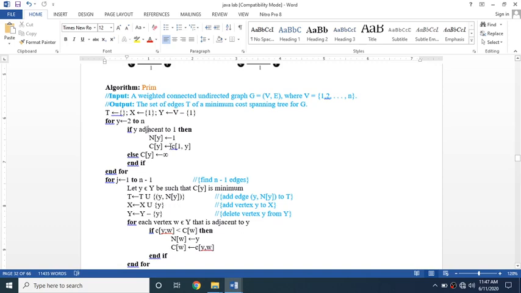Which is the explored node now? It is 1. Which nodes are adjacent to 1? That is the y adjacent to 1, all those nodes. We need to include that into N of y, and C of I comma y is nothing but the cost. So that cost is C of I comma y.